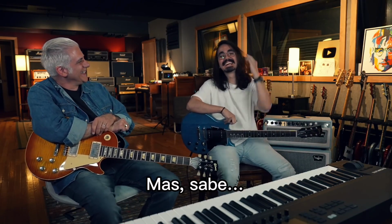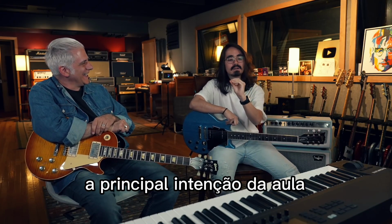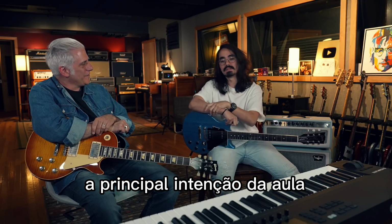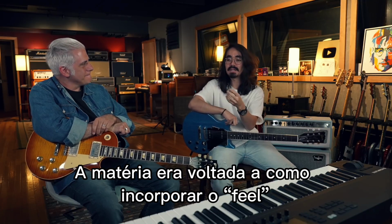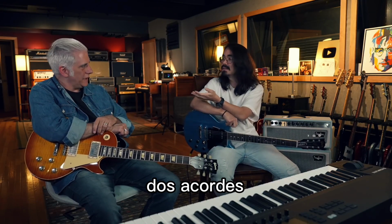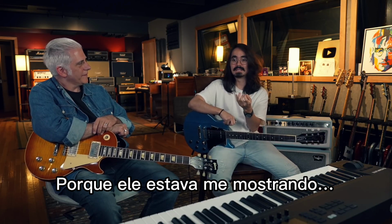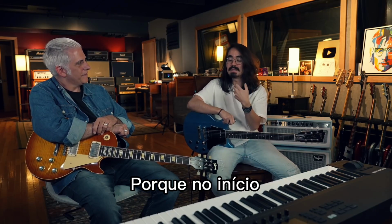But you know, that was the main intention of the classes: how to incorporate fills, double stops, and things like that in between the chords. You're right, in between the chords. And I loved it, because he was just showing me